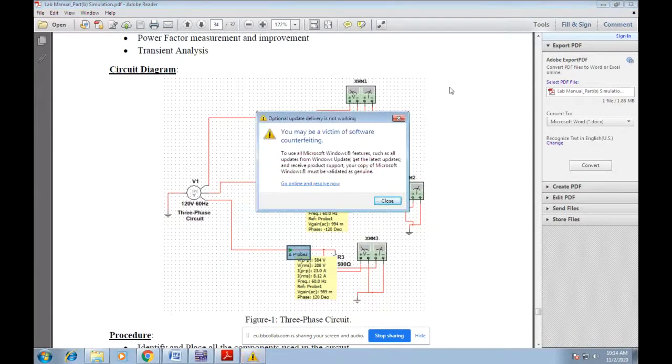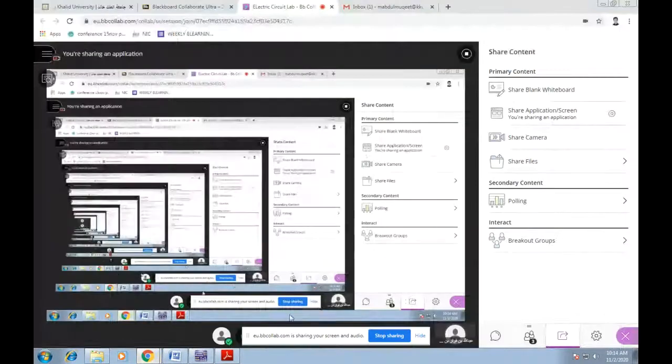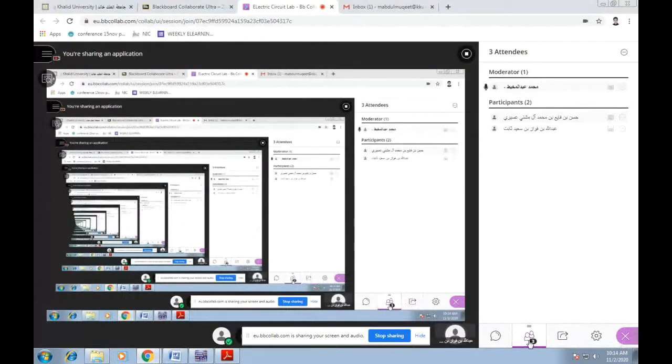So let us start with the circuit diagram. Any questions still here? Shall we continue further? Shall I start with the circuit diagram using Multisim? Did you get a clear idea what the experiment is about, what we are going to study, and how we are going to calculate the various things? Before starting with the experiment, you should understand these general points. Once you understand this, the rest of the experiment will be easy.